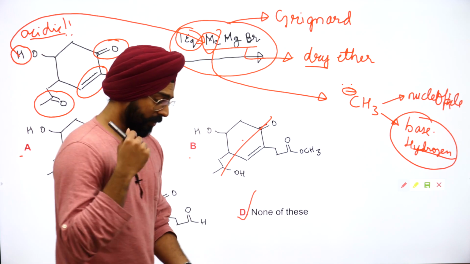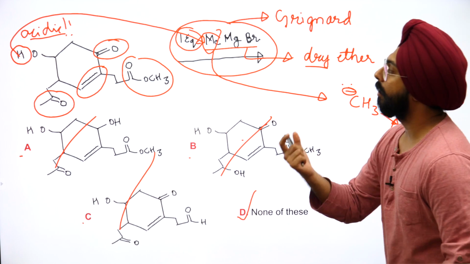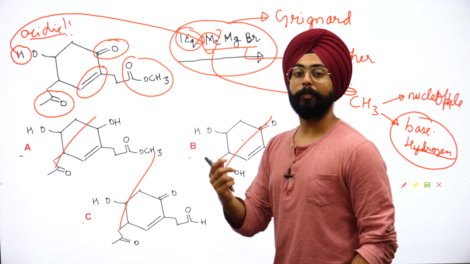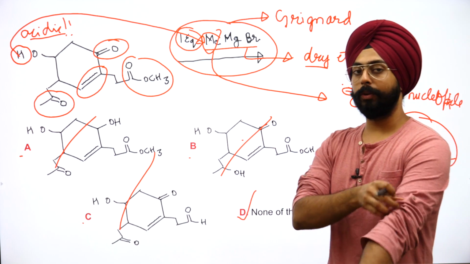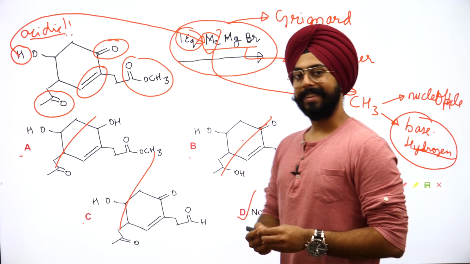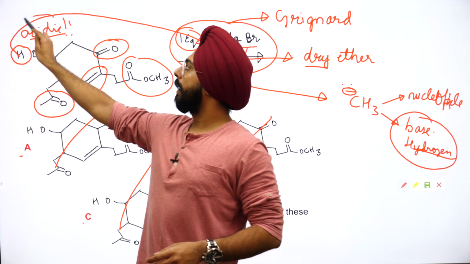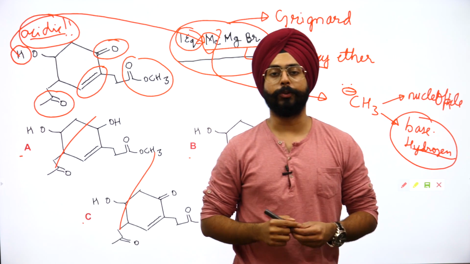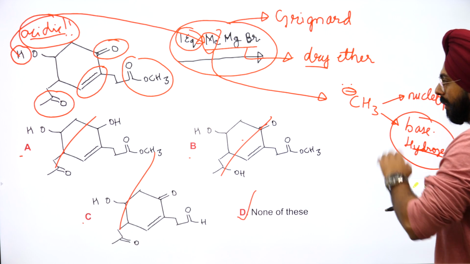People, such questions have come time and again in JEE Advanced, where they check your mental presence by giving you something with Grignard reagent that is not absolutely dry. ठीक है जी. So whenever you have Grignard reagents, before doing anything, just check whether the entire mixture has an acidic hydrogen or not. Alrighty, ये चीज दिमाग में रखो. Please keep this in mind.